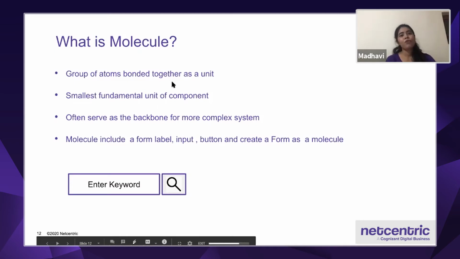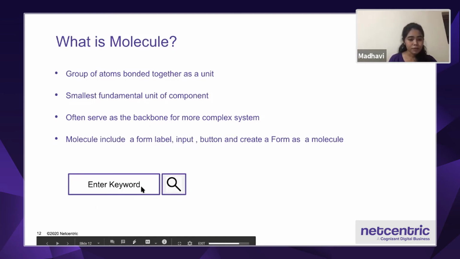Now when atoms combine together, the abstraction of the atoms has some purpose. For example, a molecule includes the form label, input, and button. These three atoms combine together to form a molecule.